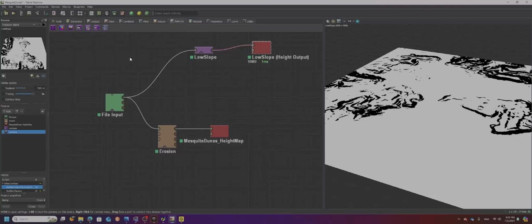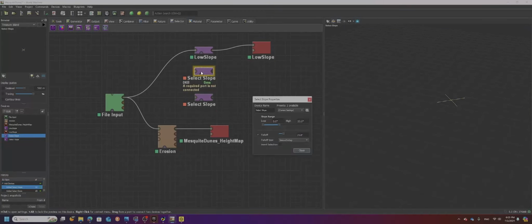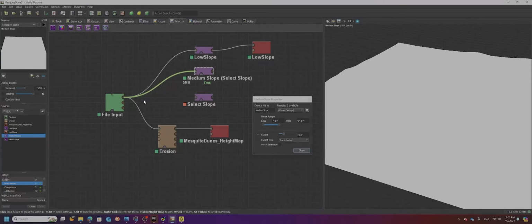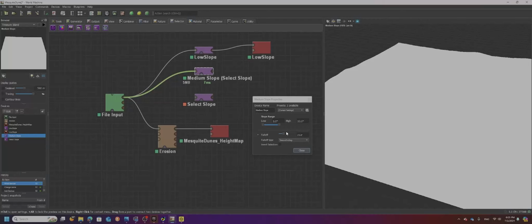Now we need 2 more of these, all right? So again, we can either drag out from here, or we can click here, get one of those, click here, get one of those. All right, so I'm going to go a little faster now. So this is going to be my medium slope, okay? I need to connect it up, okay? This one, I'll come back to that one in a minute actually. Let's finish this up. Alright, so